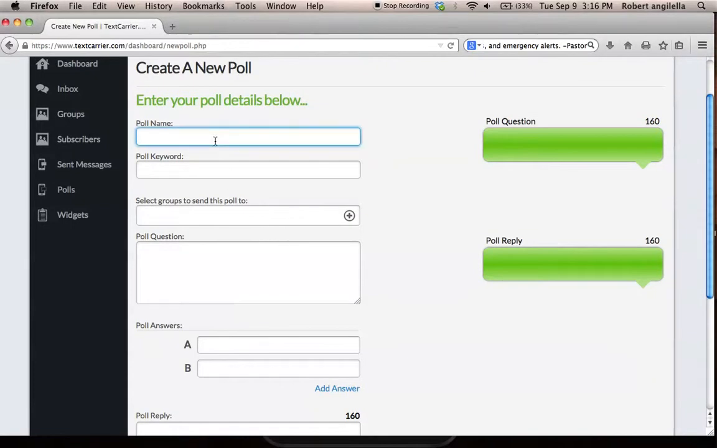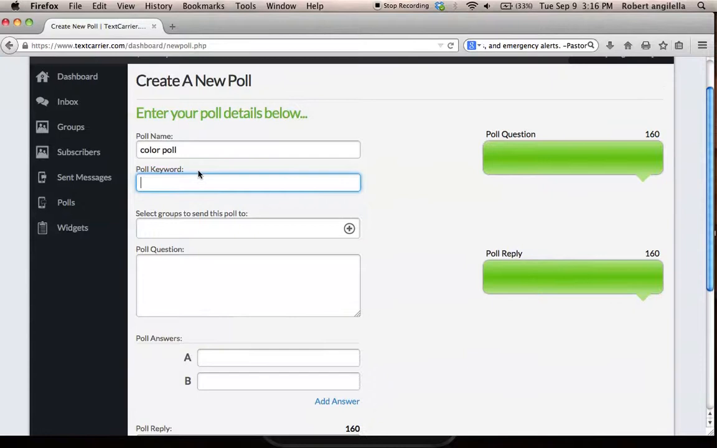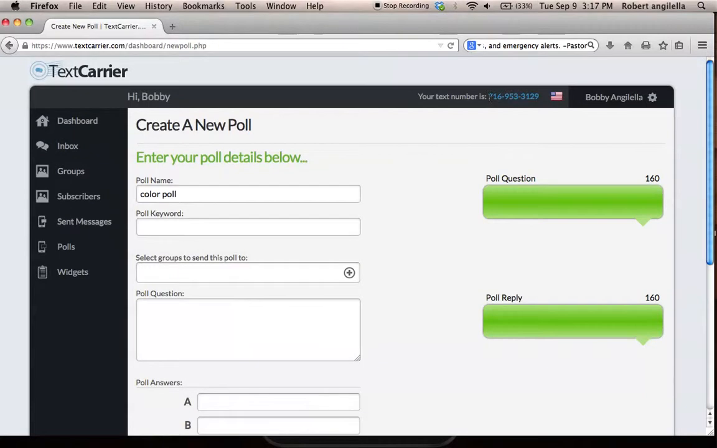Here we're going to give the poll a name. We'll say color poll. Now, when you create a keyword for a poll, anybody who is not in the groups that you have selected here, they can simply text the keyword in to your number, and they'll receive the poll question back. So the keyword for this poll is going to be color. So if they were to text the word color to this number here,